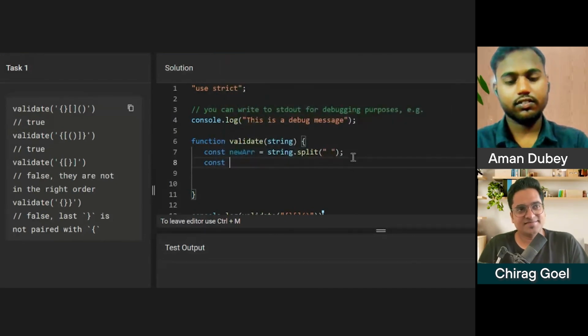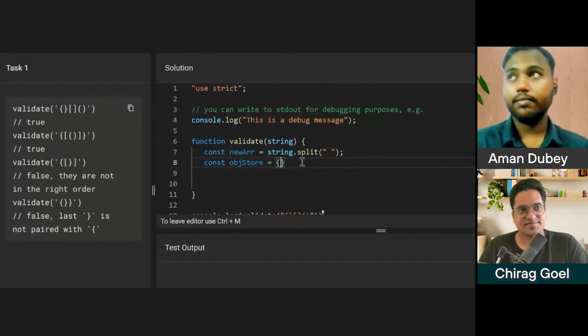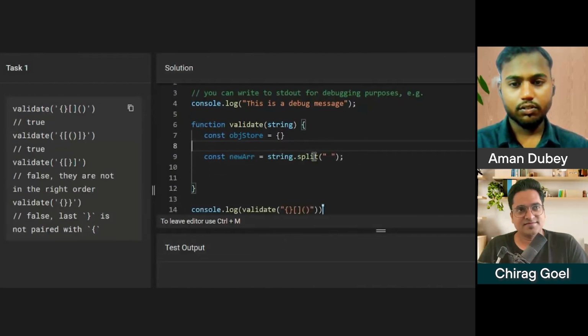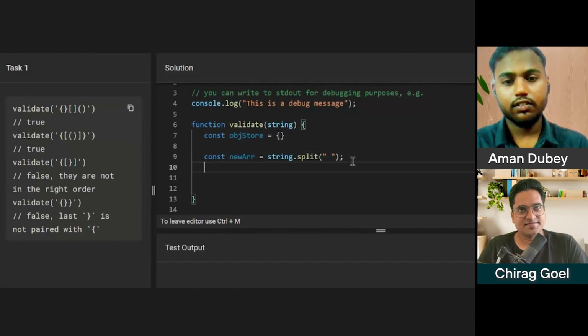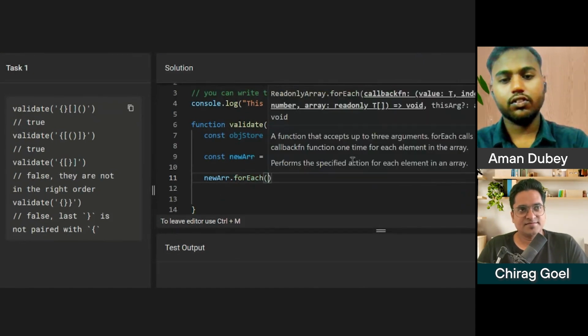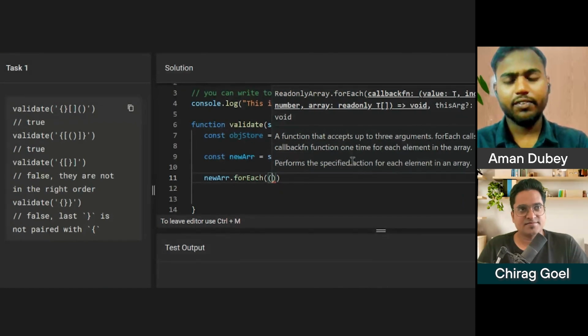Const. We have this object, we have this string, we have this array. We will loop over it with a for loop.